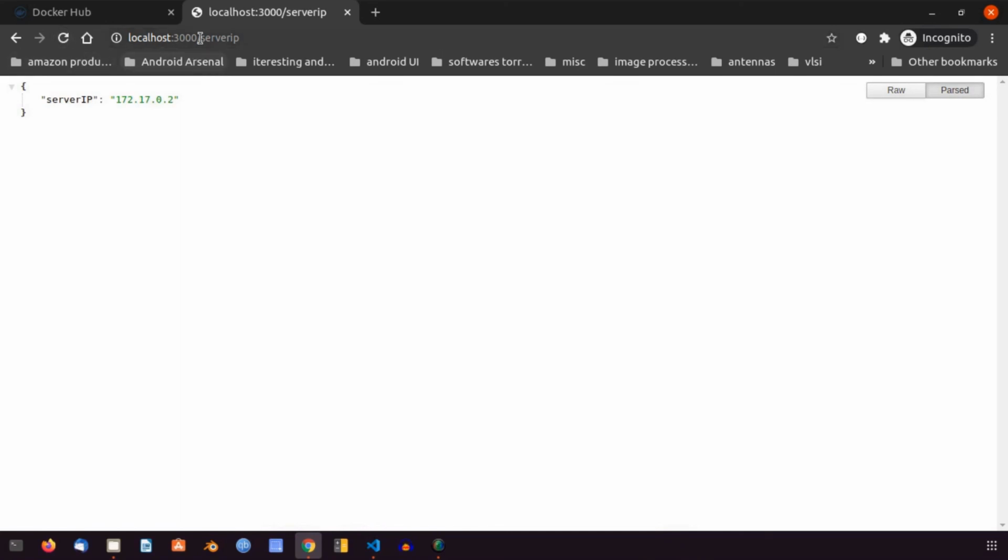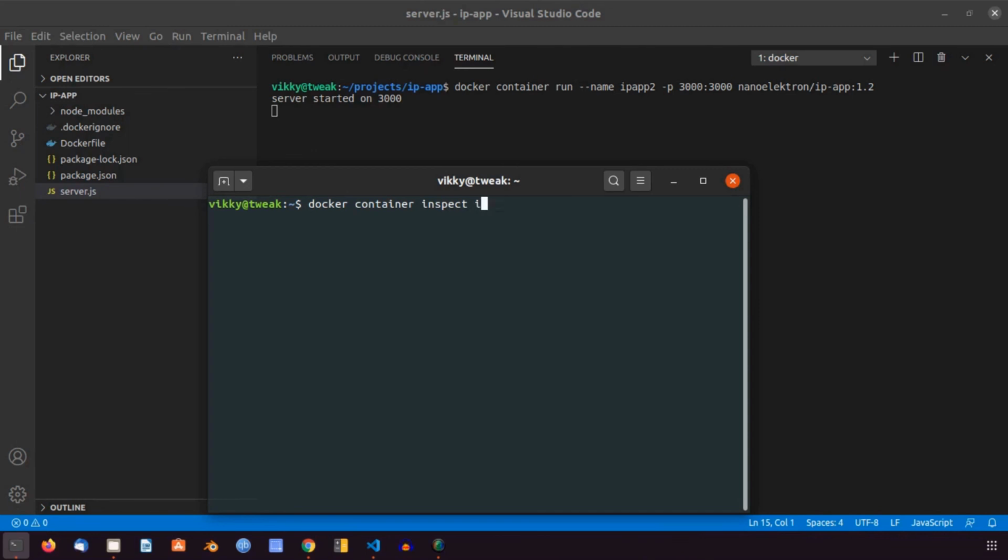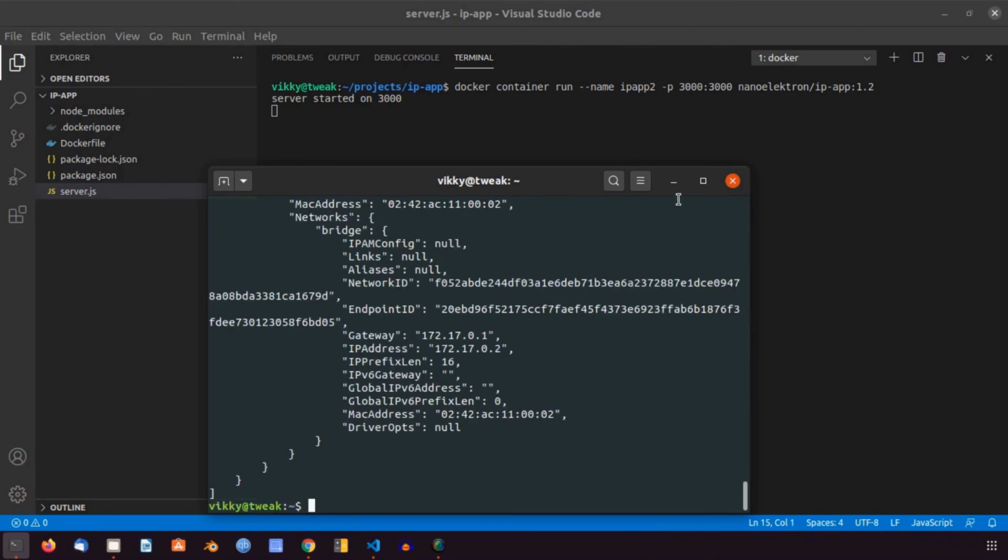So this is our server IP, which is actually the IP address of the container assigned by the bridge network. And if I do a docker container inspect, then I can actually see all the information that has been assigned to that container.